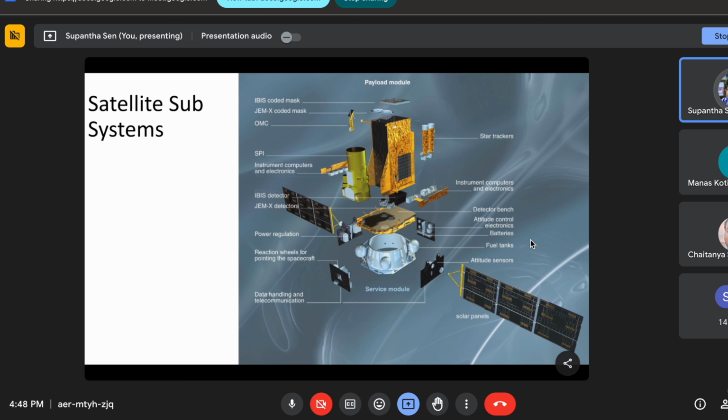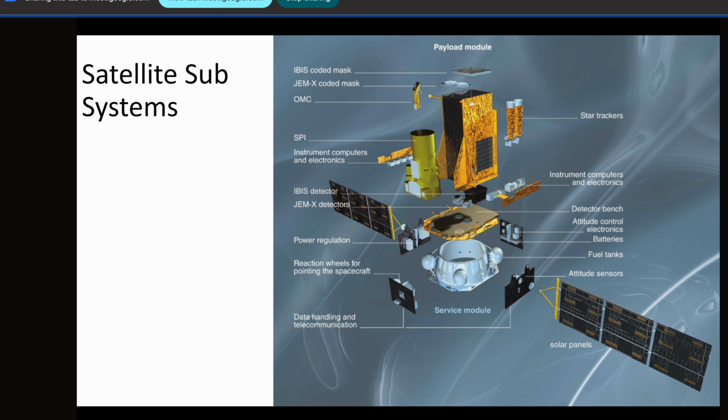But people have used thrusters that bombard some ions, and from Newton's third law, some reaction will come, and that reaction will move the satellite. So people are trying it. This is the cutting edge of technology now. But it has some other issues also, which I am not discussing here, some very major issues. That's why it has not come into the picture fully till now. Some technology demonstrators have come.